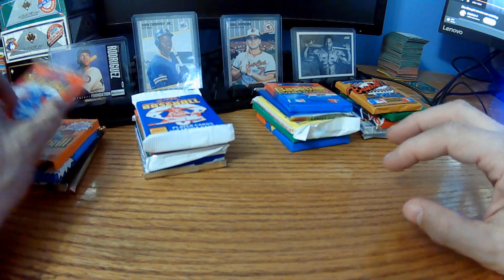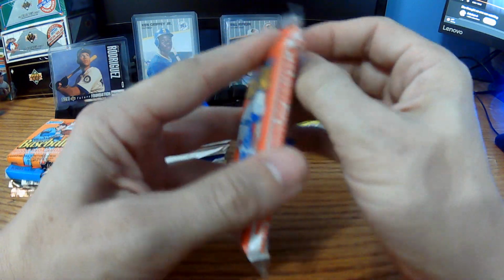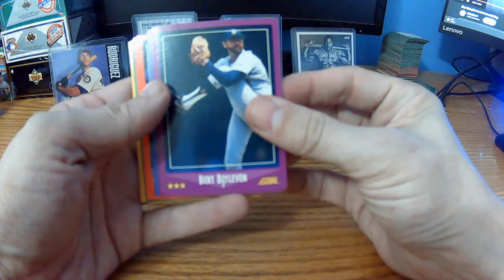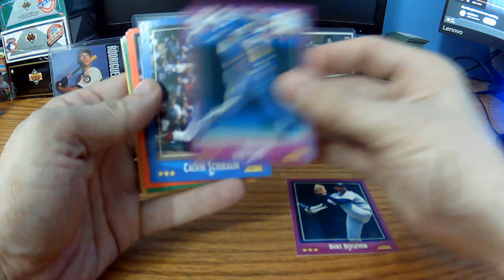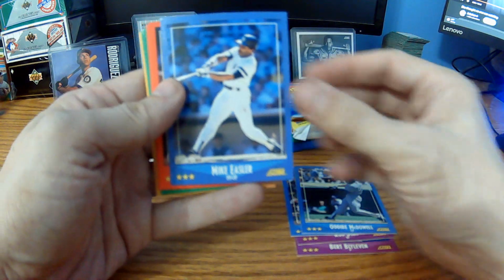And starting out with 1988 Score, looking for the Tom Glavine rookies, and looking for a couple of others out of here. We'll start off with Bert Blyleven, Rob Deer, Calvin Schiraldi, Oddibe McDowell, Mike Easler,